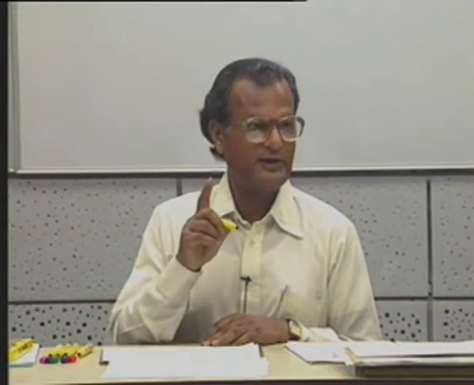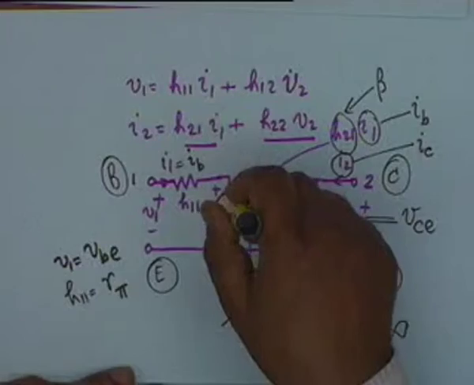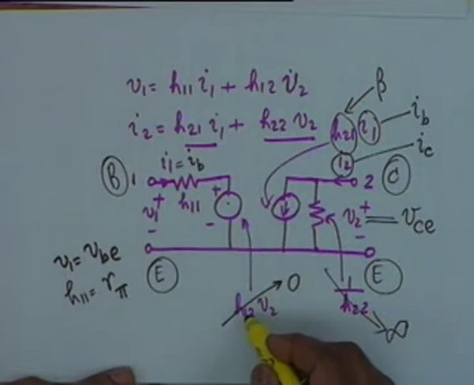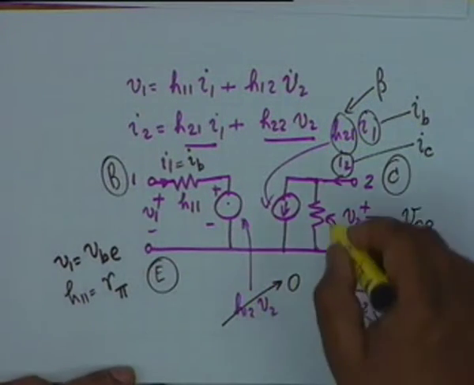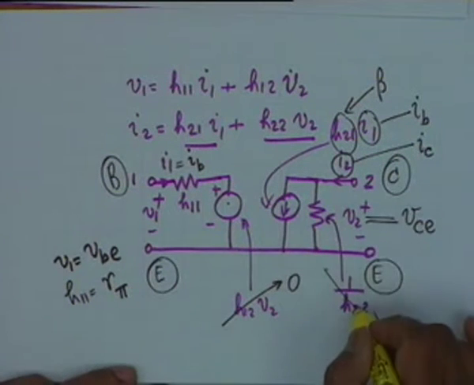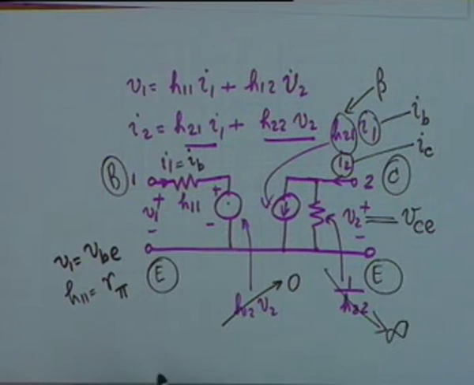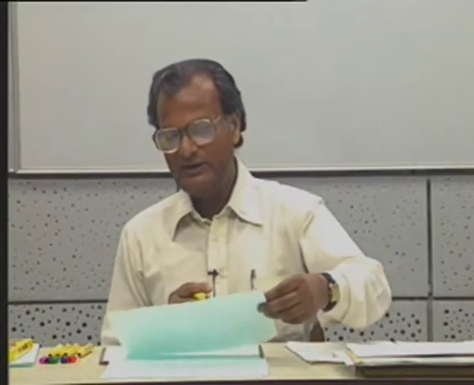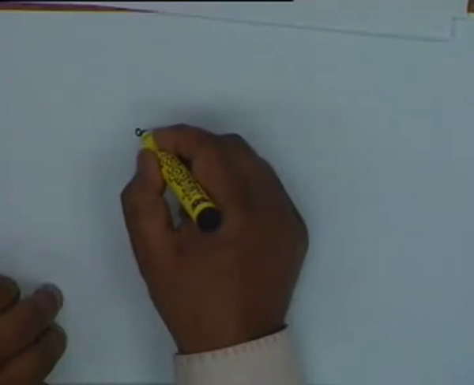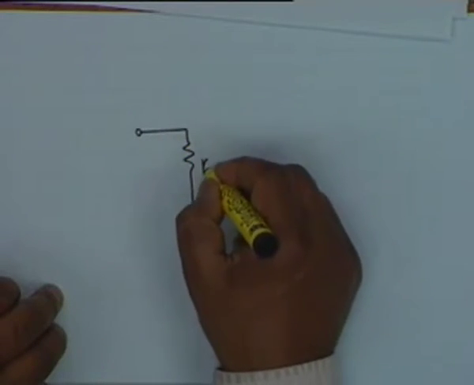Note that these simplifications have been done under 2 conditions. One is that this controlled source can be ignored because H12 is a small quantity. This resistance can be ignored because H22 is a small quantity, all right. H12 and H22 both tend to 0. It is only under that condition that we have in the equivalent circuit just one resistance and one controlled current source, all right, beta IB, and therefore my equivalent circuit simply becomes R pi,